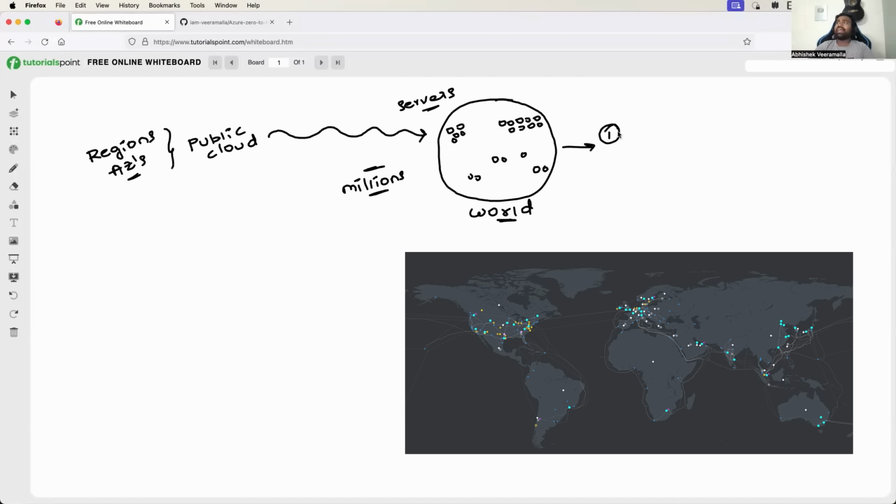But why are these data centers not located in one particular region? Like if Microsoft Azure has 100 data centers, why can't these 100 data centers just exist in the India region? Or why can't these 100 data centers just be set up in the US? So the answer to this question is